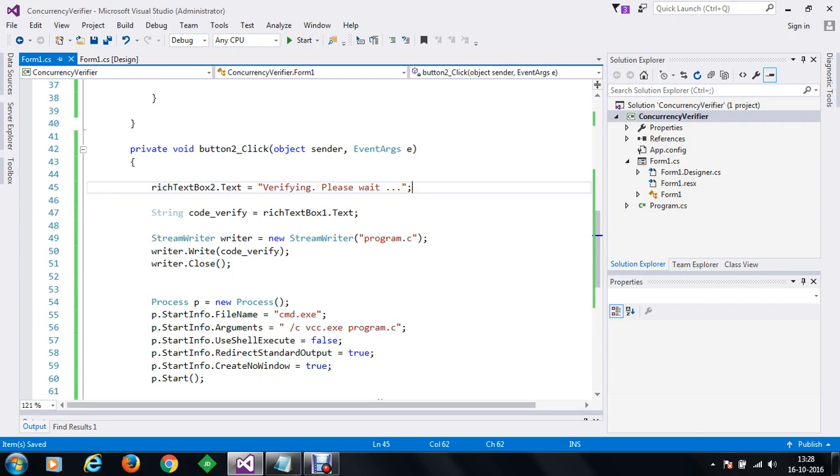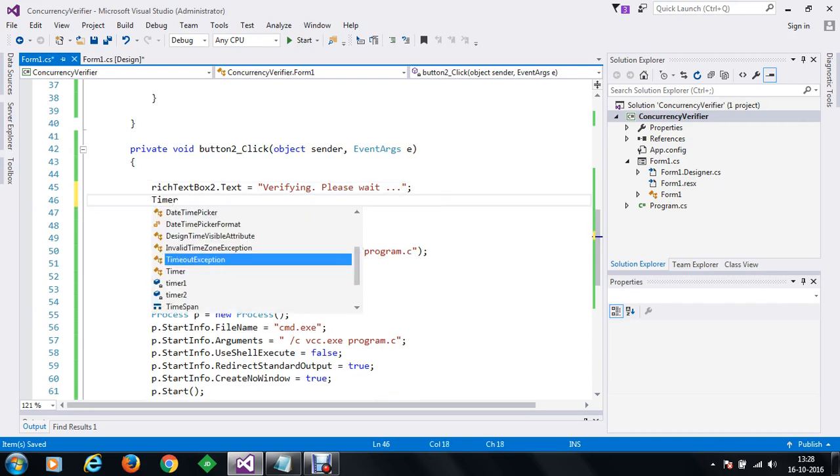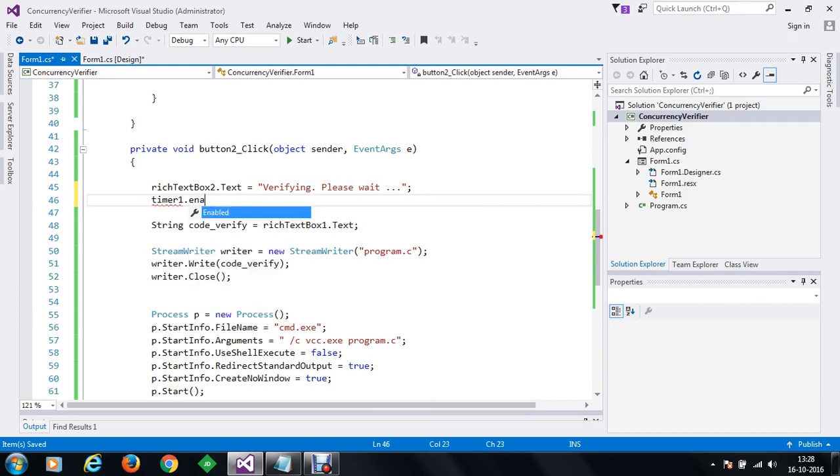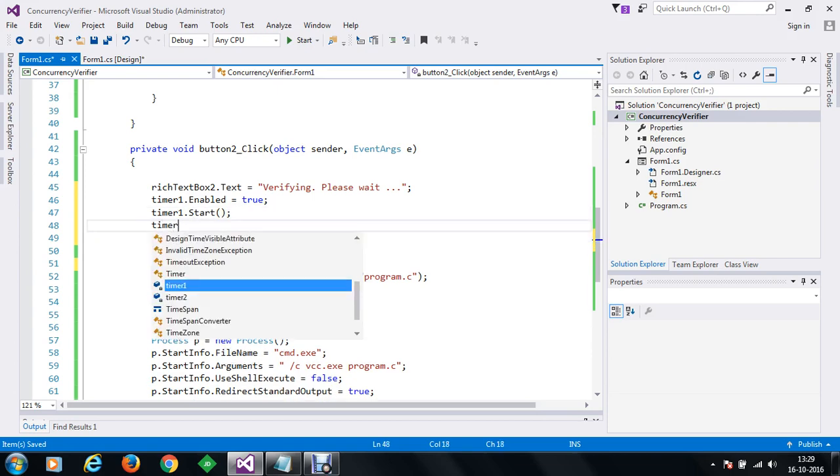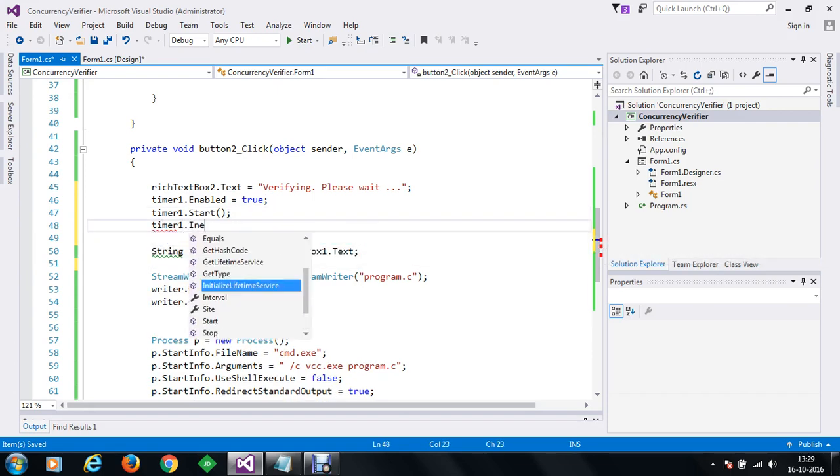Moreover, we'd like to use the timer as well, so we'll do something like timer1.enable is equal to true. We're going to start the timer. We are going to set the timer interval, timer1.interval, and we'll give 1 second as the interval.